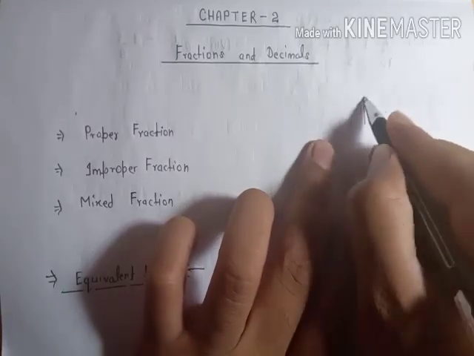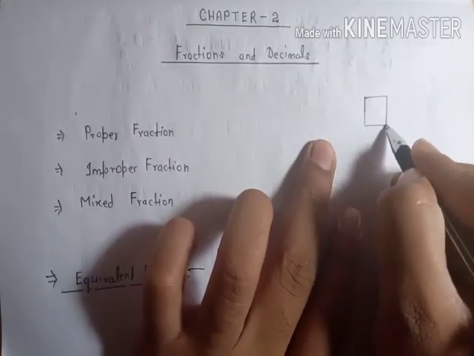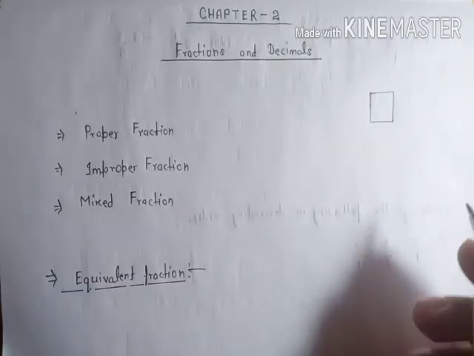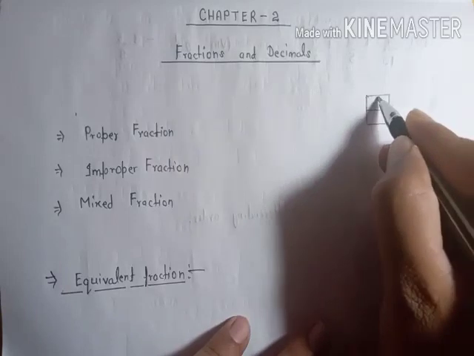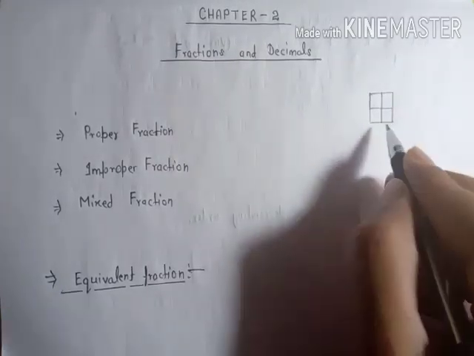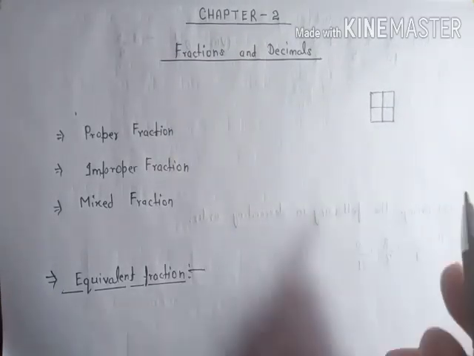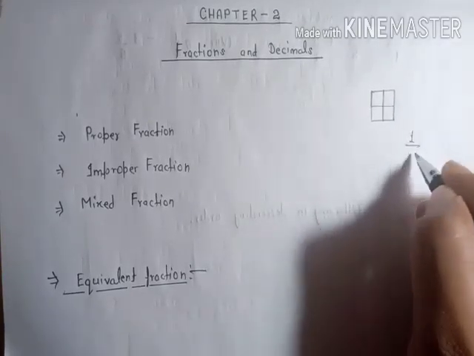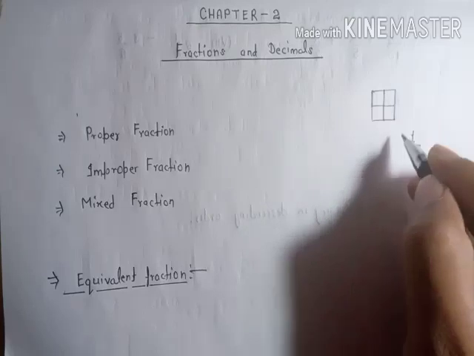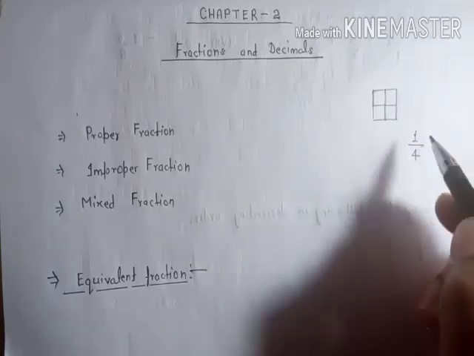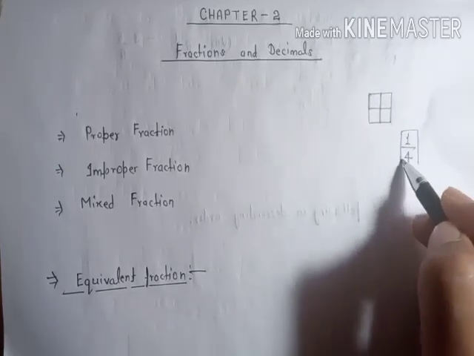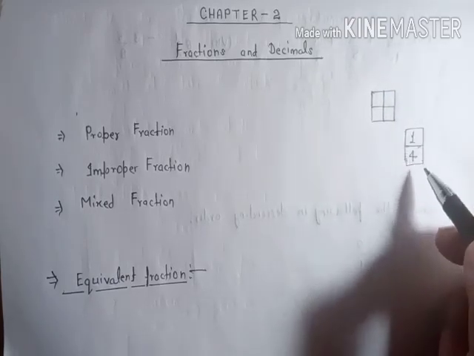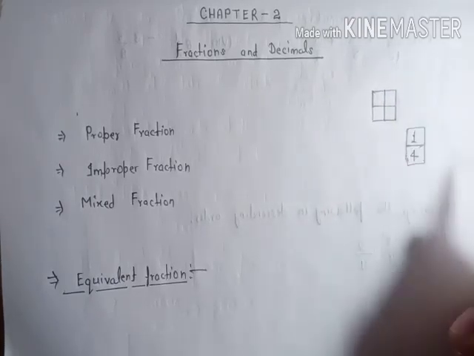If there is an article, or you can say an object, and you have divided that object into 4 equal parts, and if you pick one of them, then you write that you selected 1 from 4, and now this has become a fraction. Fraction means out of the total parts, what part you are going to select from the total.